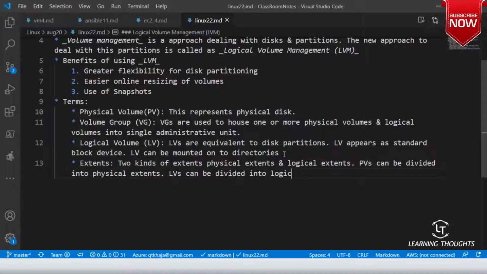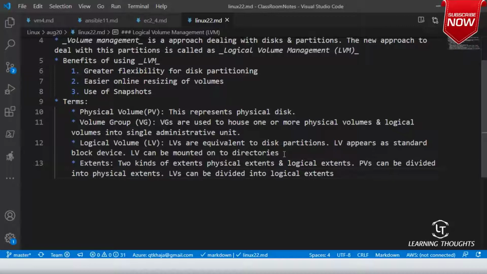So if you are dividing your volumes further, they are called extents. Now let us create a partition and all of that stuff, so let us try to use that.